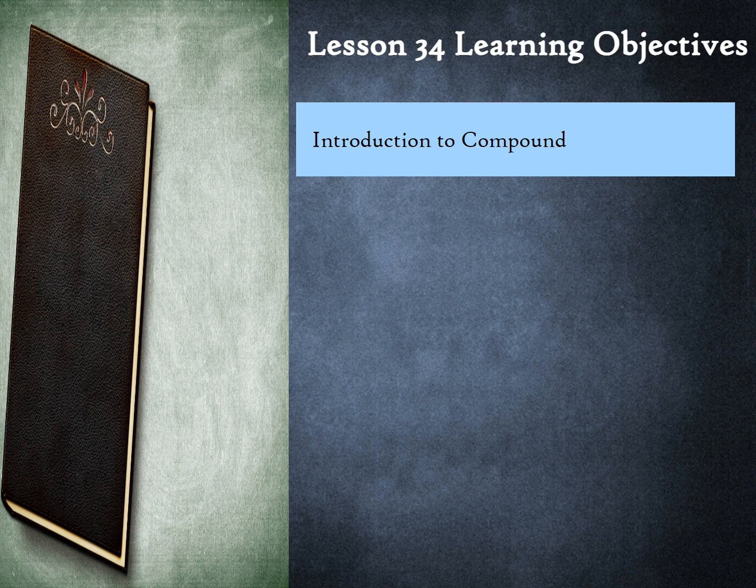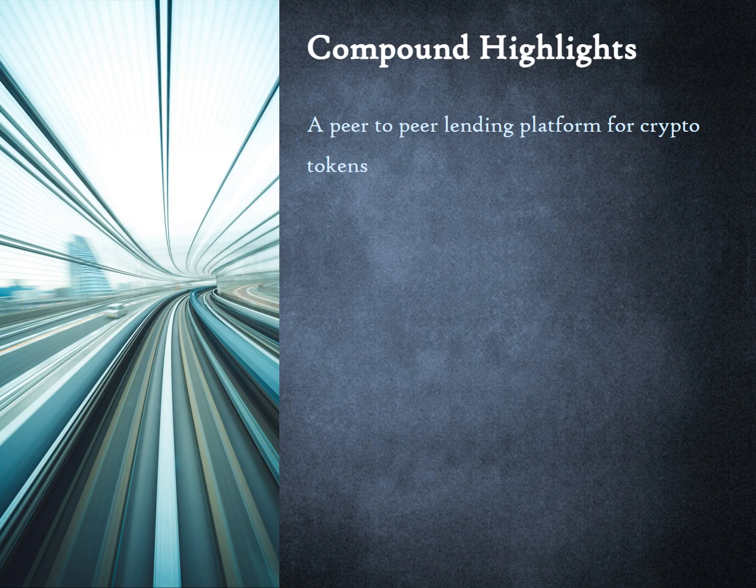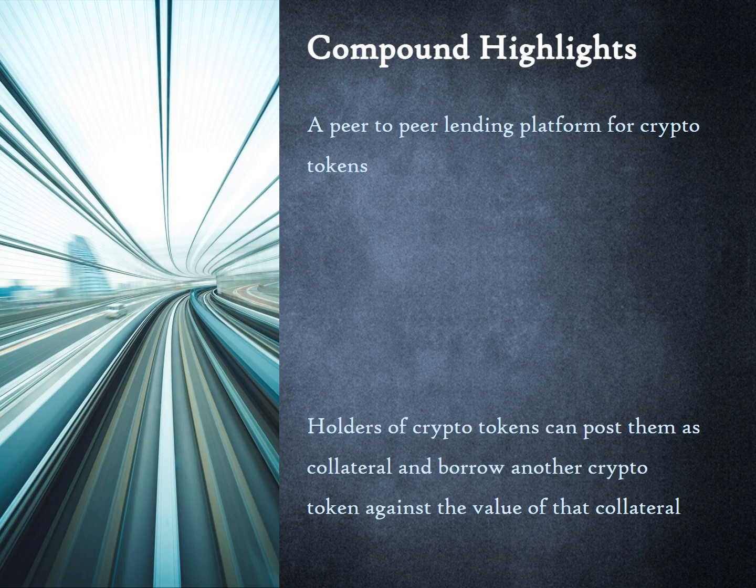In the first section of this lesson, we will learn the basics of Compound. In the second section, we will start digging into the 5 functions a user can perform on the Compound app. Compound is a peer-to-peer lending platform for crypto tokens. Holders of crypto tokens can post them as collateral and borrow another crypto token against the value of that collateral. In this lesson, we will demonstrate version 3, which is the active version of the app at the time this